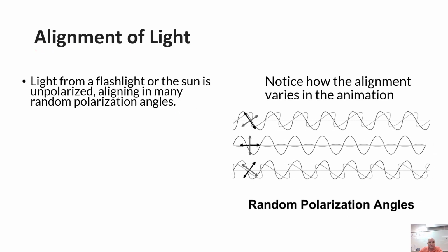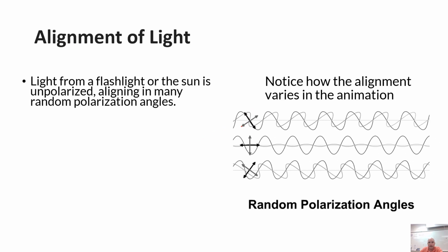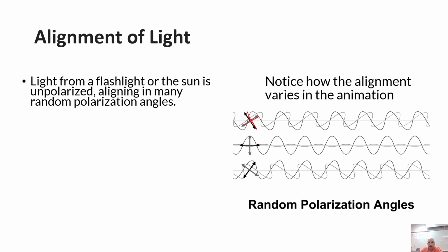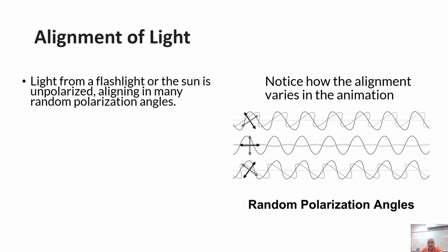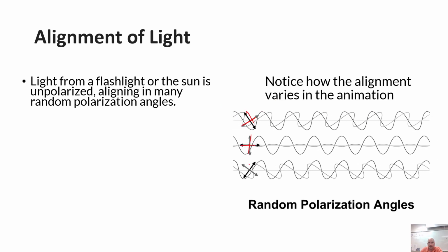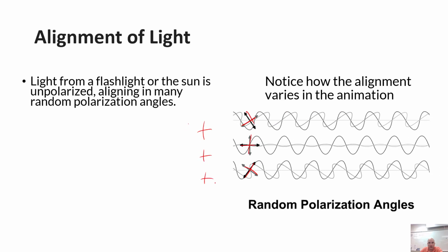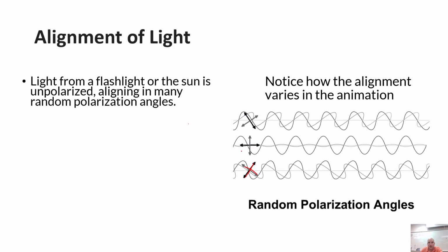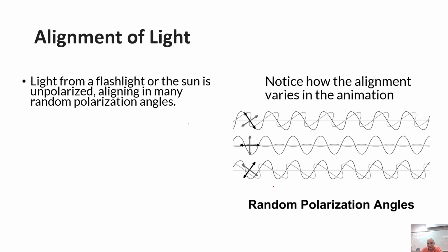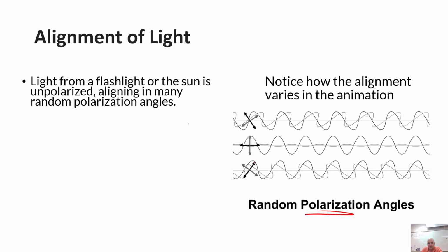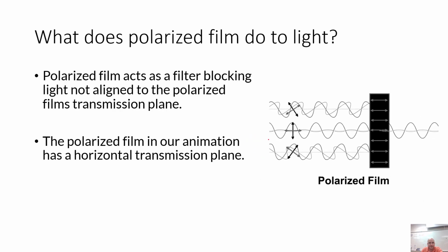Light also has an alignment. When you think of electromagnetic waves, we have an electric field and a magnetic field at a 90-degree angle from each other. Light is an electromagnetic wave, so it has that, and those alignments can be all over the place. They don't have to be all lined up. If I was going to draw them all lined up, they might be all this way. We can use sunglasses and polarization, and polarization is going to be the alignment. When we hear about polarization, that has to do with the alignment, if they're horizontal or at some sort of random angle like you see here.